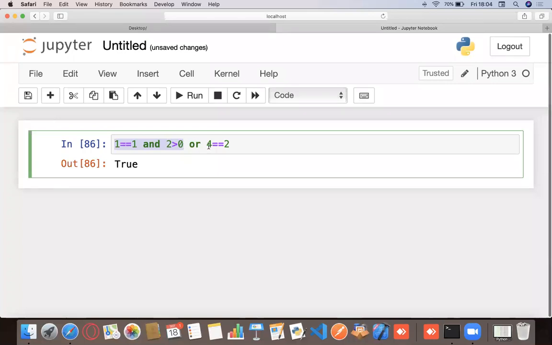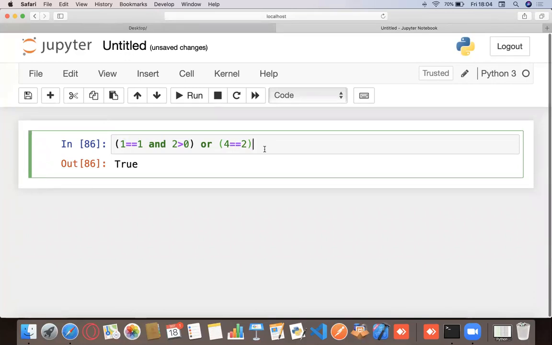So this would be my first condition. This would be my second condition. My second condition is false, but in here, at least one condition is true. So in case of this condition, even if one condition is true, it's going to be true. So this is my first condition, this is my second condition. That's how Python reasons it. That's how it splits your conditions.